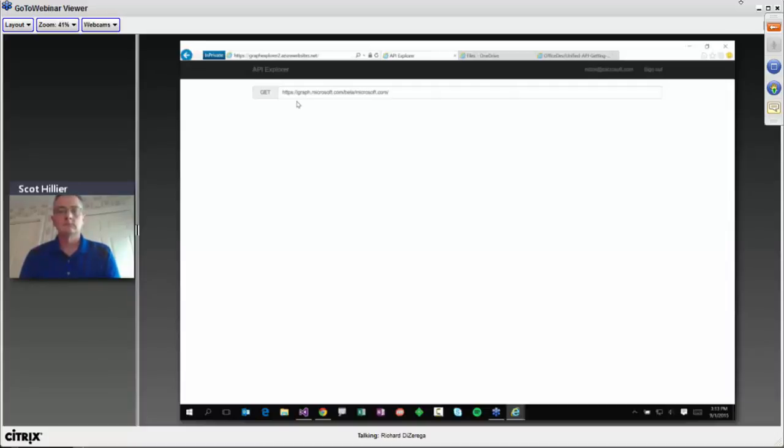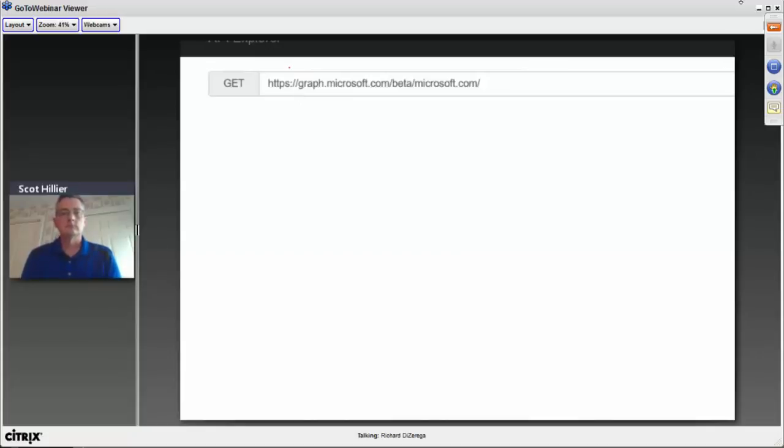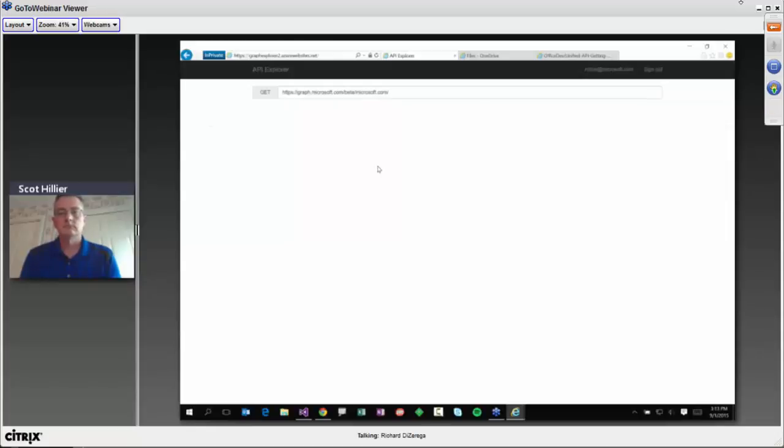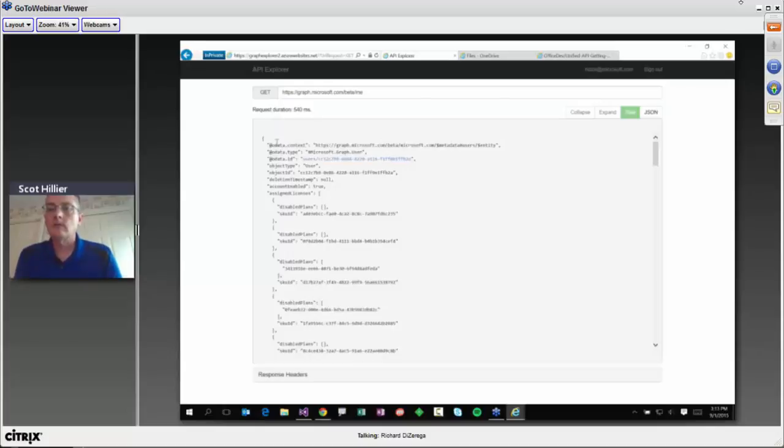If you look at this here, everything is going to be off of graph.microsoft.com. Whether I'm going to Exchange services, SharePoint services, Azure Active Directory, OneNote, you name it, it's all going to fall off that. And so let's just play with a few interesting things that I can do on this endpoint. What I'm going to do is say, give me all the information about me. So I'm just going to go to me, and now this isn't giving me a really pretty response. It's just giving me raw JSON data.